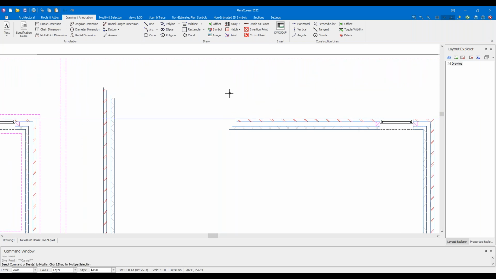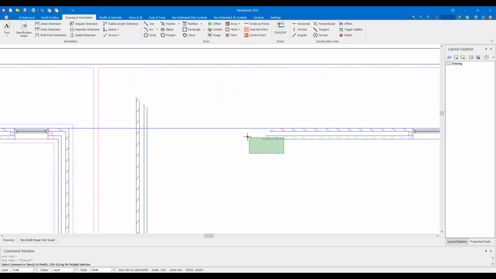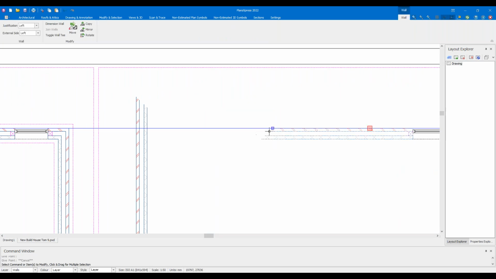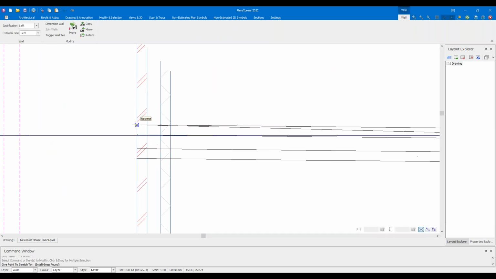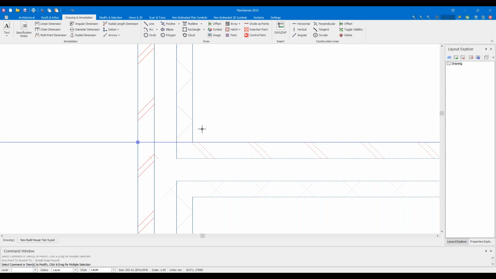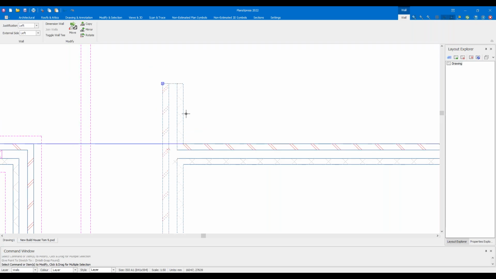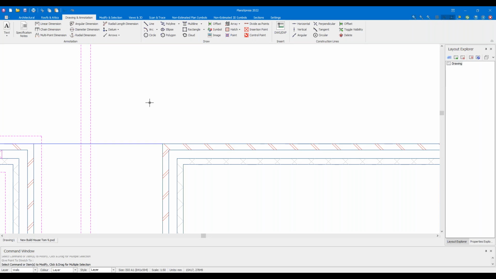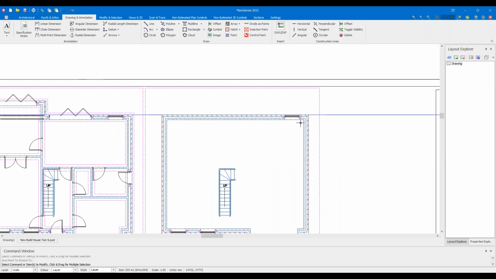But even without that construction line, we can still pick up this wall here, snap it to that intersection there, where it would be able to detect the intersection and form that corner. And we can select this wall on the left, pick that one up, and bring it down to where it sees that intersection. Even without the construction line, it will be able to see them there as it is. I'm going to delete that construction line